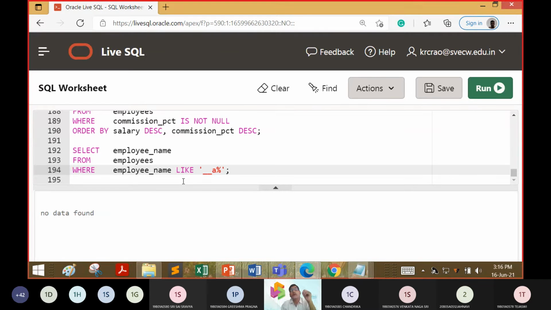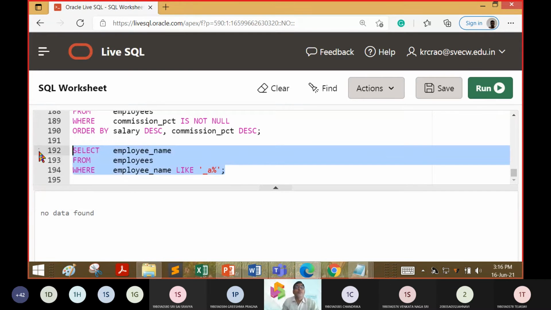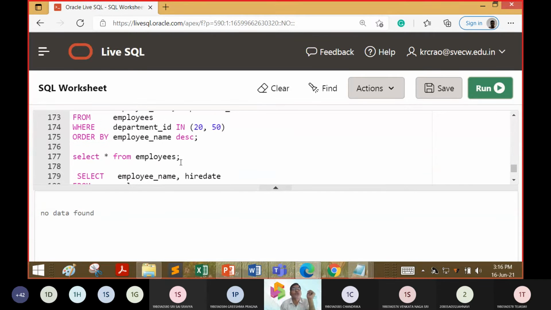Why then? There are 2 underscores now. Okay, this is 2 underscores. Okay, I will just change this and check whether that girl was telling correct or not. So again, see, only A is missing.